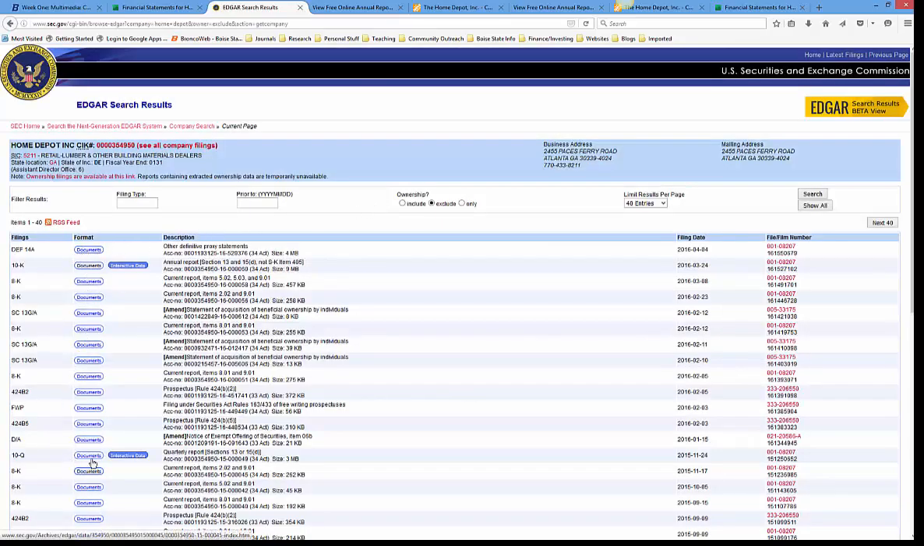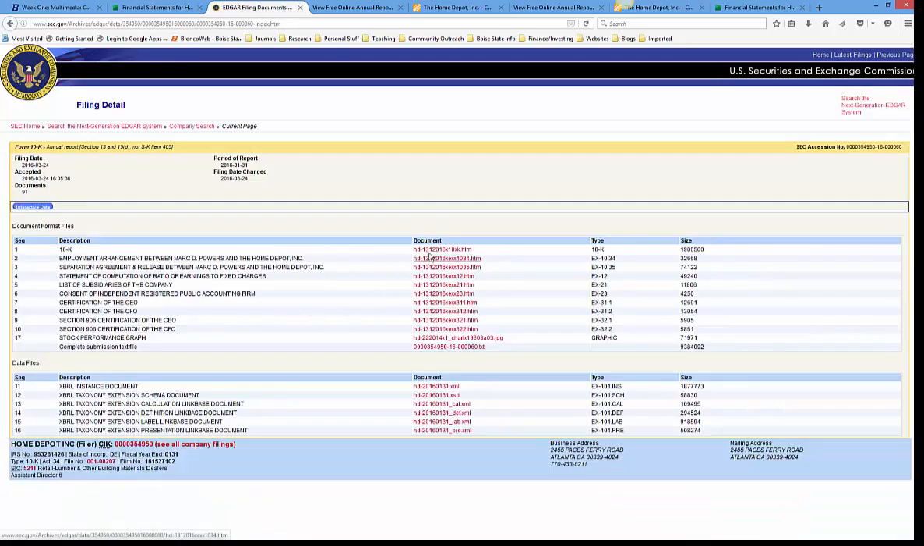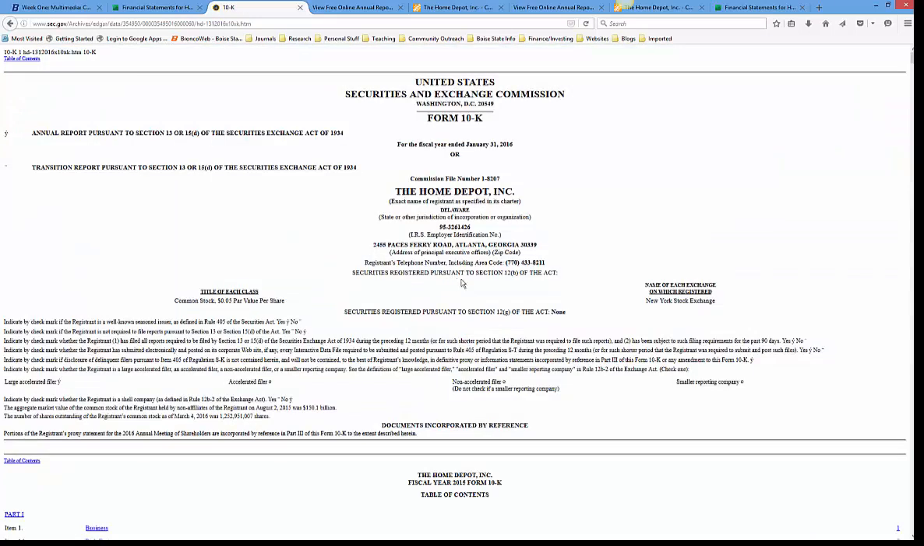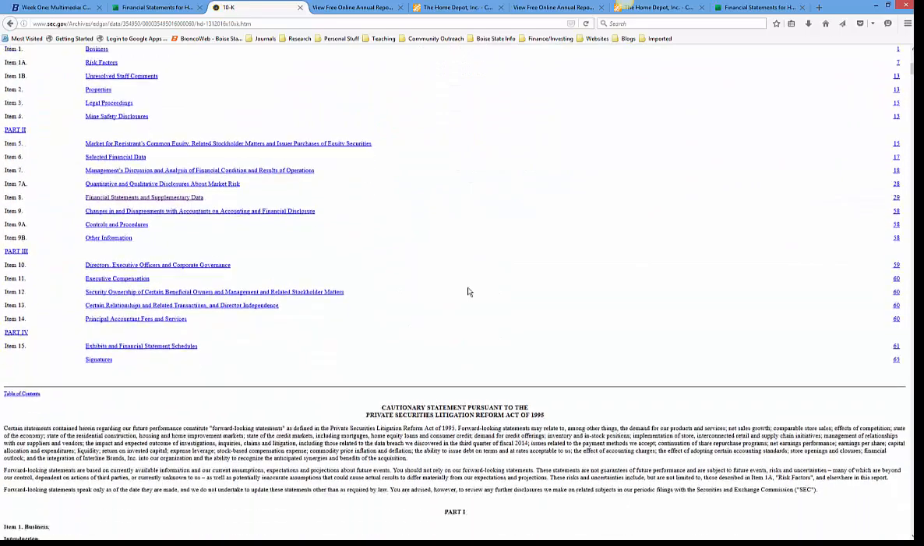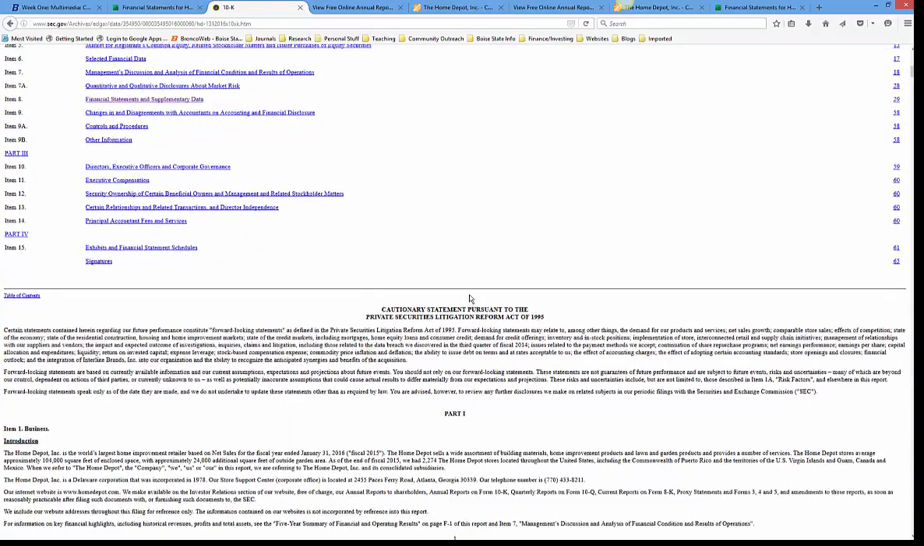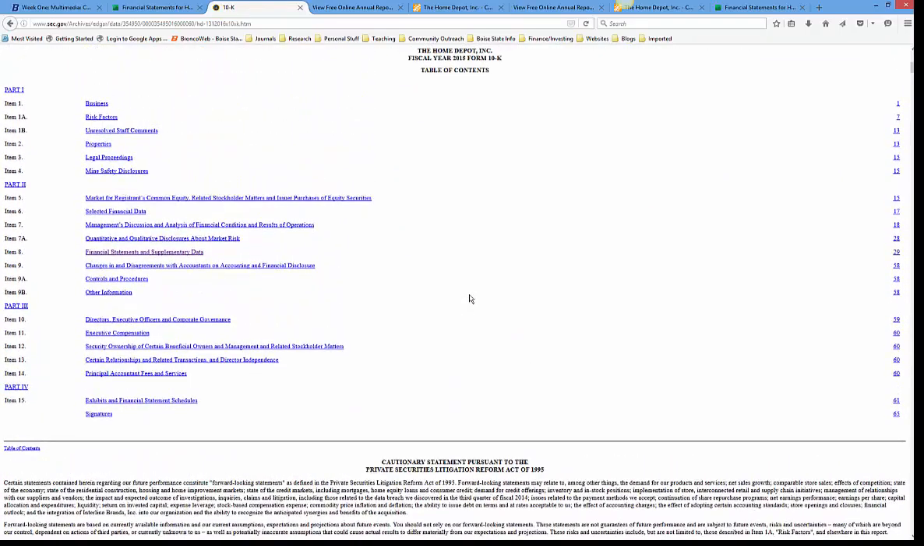And then there's a variety of filings they have. If we were looking at the 10K for the company, we could click here, find the link, and we've got their 10K filing with the SEC. So a variety of sources for information. The ones we care about the most